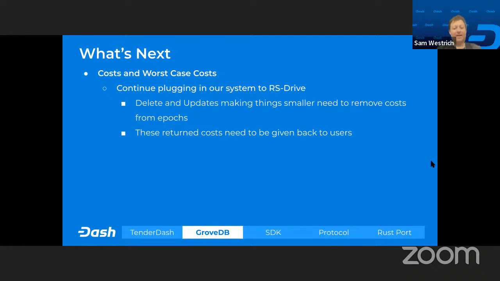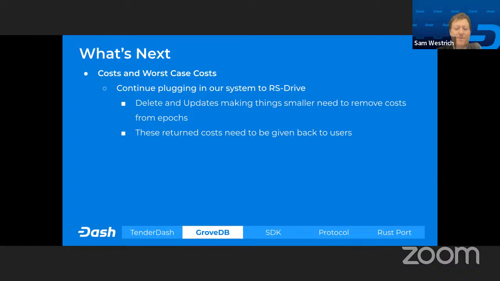So what's next? We are continuing making changes and verifying changes with RS Drive. We had talked, normally these two items should have been in our sprint. Sadly, we just did not have time to do them because we had found other issues. So basically deletes and updates, making things smaller.